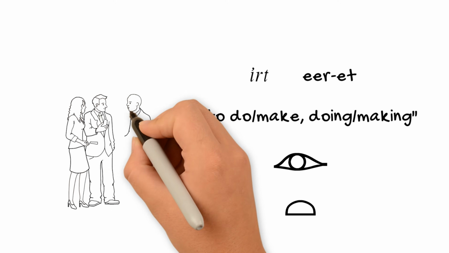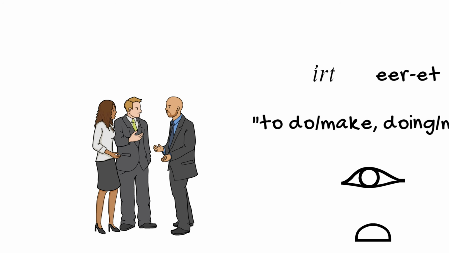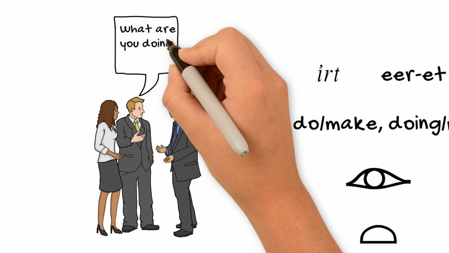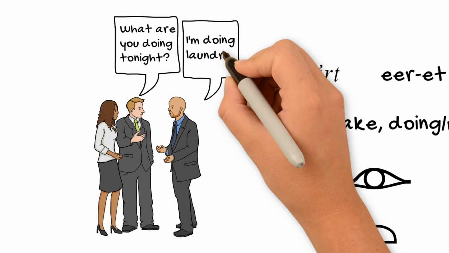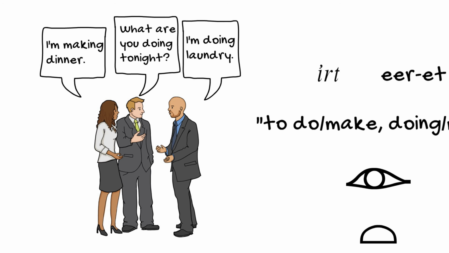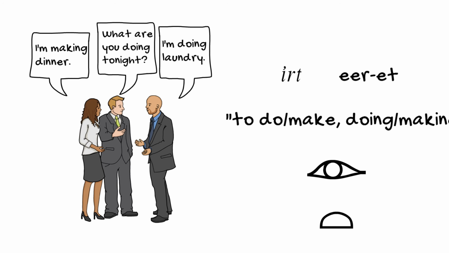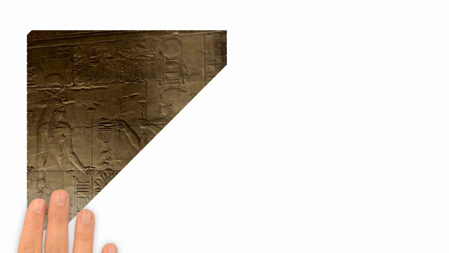Just think about how often we use this in English. How often do we say make or do in a sentence? It's, I don't know, maybe every fourth sentence we say or something like that we have it in. So it's super, super common in Egyptian as well. It was used frequently in royal inscriptions, including in king's titularies and also in captions. So we're going to look at an example today in a caption.